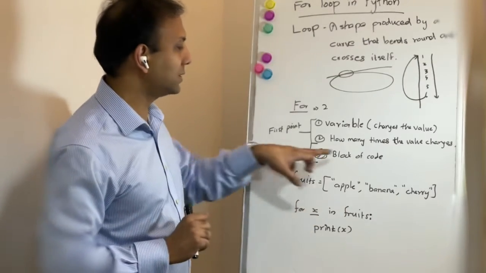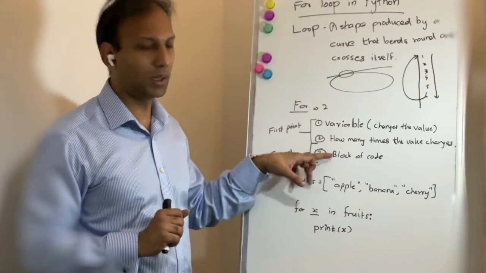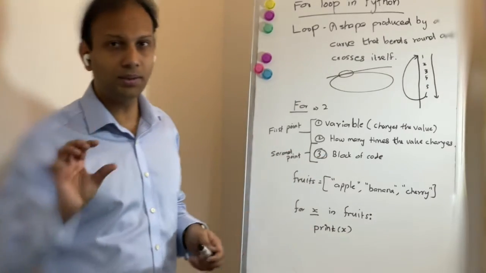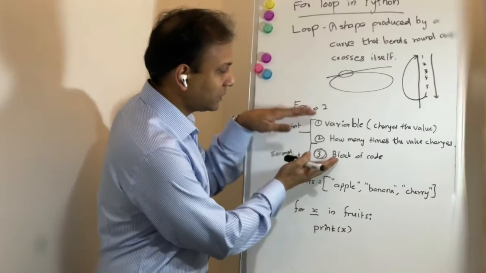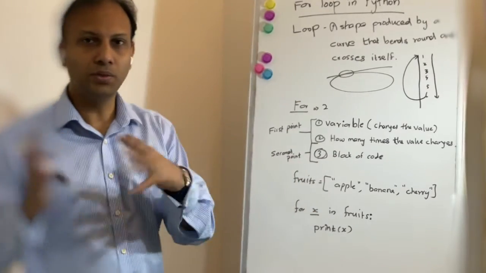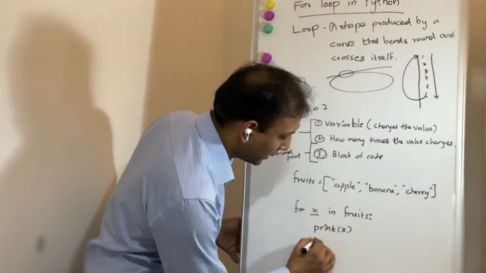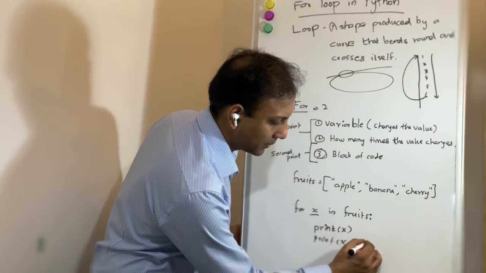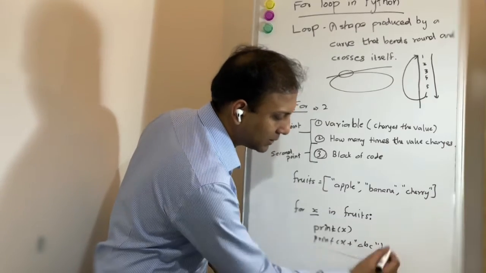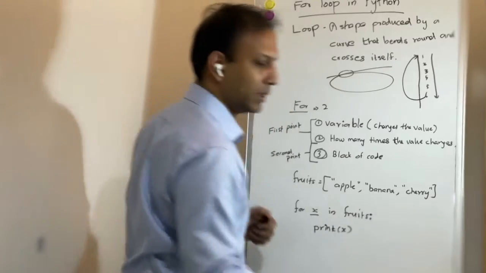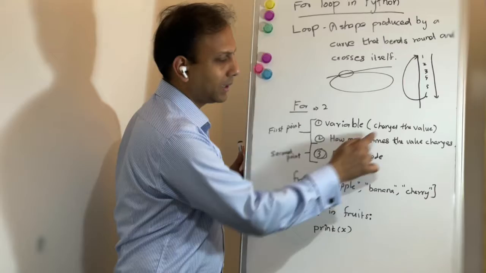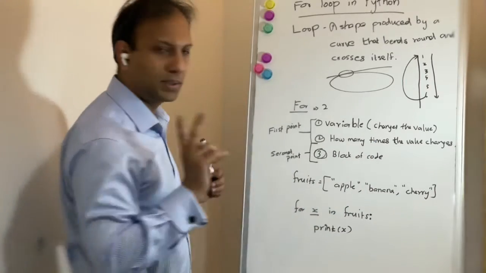And the second thing is there's a block of code. Okay, so this block of code, in this case, we have only print X. So when you're teaching, make sure that you don't confuse these two things for the students. That means, if you have so many other things, like print X plus ABC something, don't teach this together. Focus only on this particular thing first. That means what is a variable and how many times it is getting executed. So this should be clear.